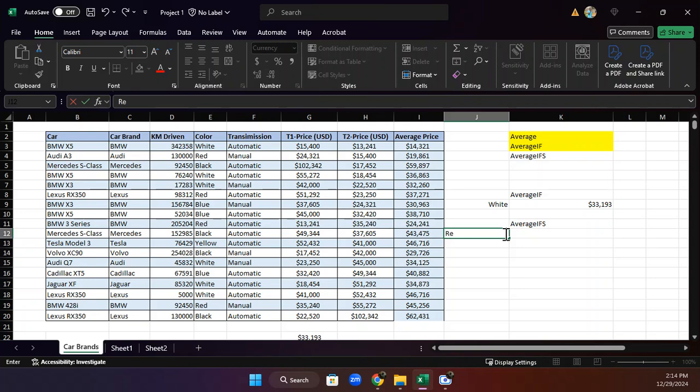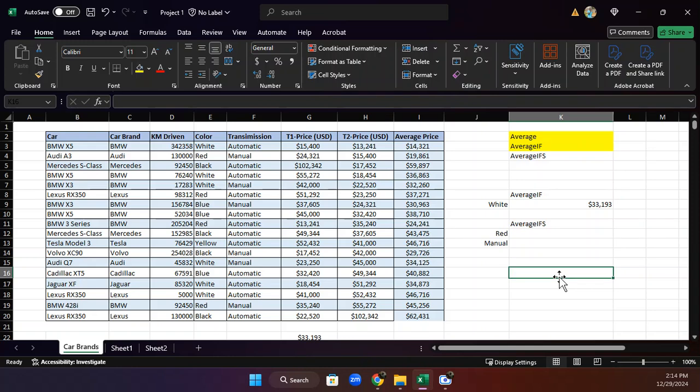Yeah, I'm interested in red and manual. So basically, that's what your boss or your employer or you as a business owner, self-employed, you may be interested